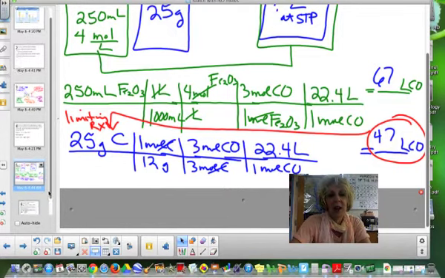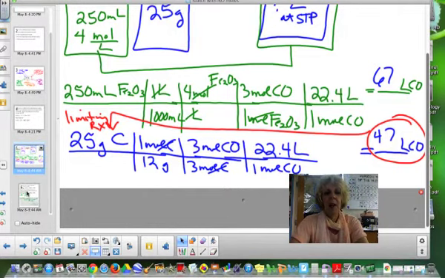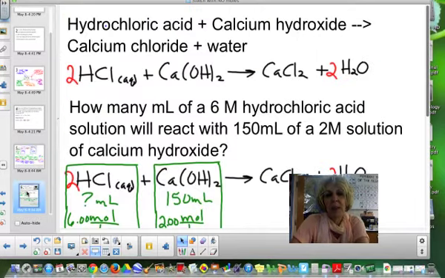Okay, let's try another problem. Here we go. Our second problem. Hydrochloric acid and calcium hydroxide react to form calcium chloride and water. Here is my balanced equation. There's a lot of chemistry that goes into that: your nomenclature skills and writing a balanced equation. So here I go with my balanced equation. So here's my problem. How many milliliters of a 6 molar hydrochloric acid solution will react with 150 milliliters of a 2 molar